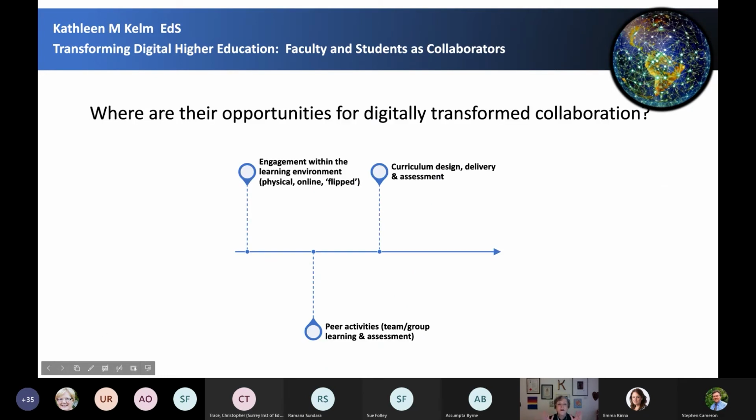Okay, so what are the opportunities for digitizing and digitally transforming areas of collaboration? So in many ways, there are three focus areas, one of which is engagement within the learning. And we've really been kind of messing around with that for a good 20 years or so.